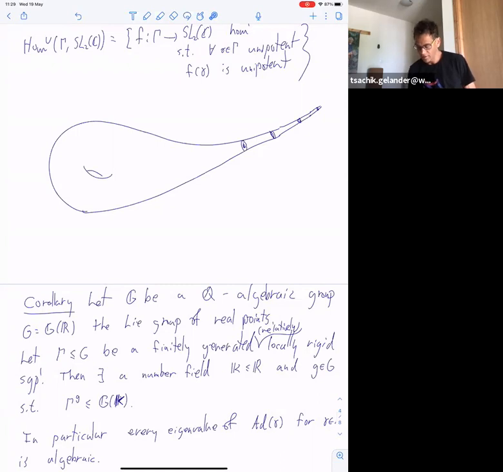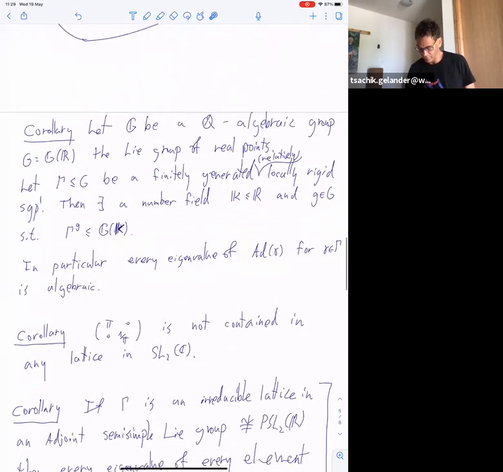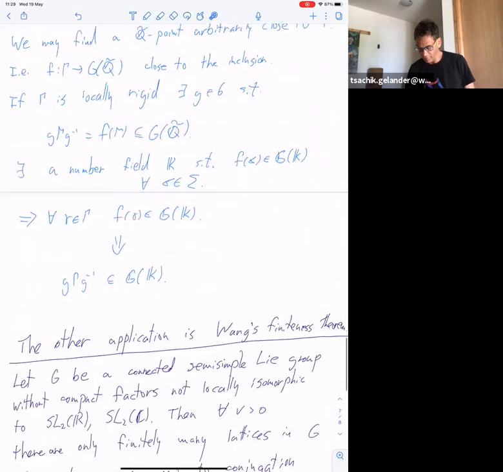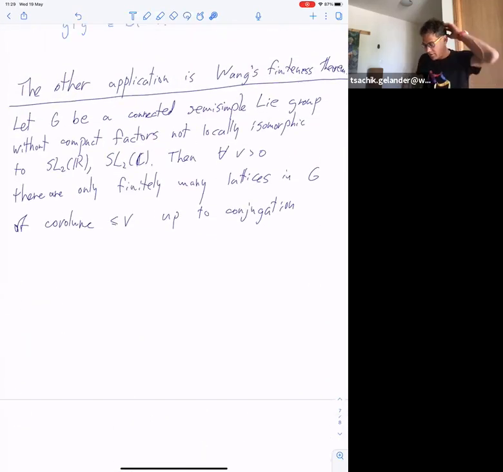So in SL2C, it's very interesting. You can construct it. Yeah, it's not true. The variant of Wang's theorem is true in SL2R. In SL2C, okay, some variant of it may be true. For instance, we can discuss it, but it's not true in that generality. So that's a finiteness theorem.